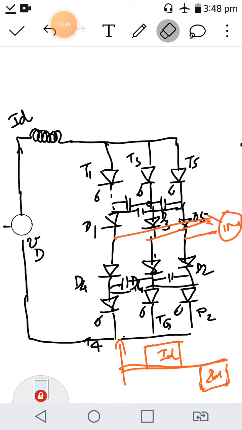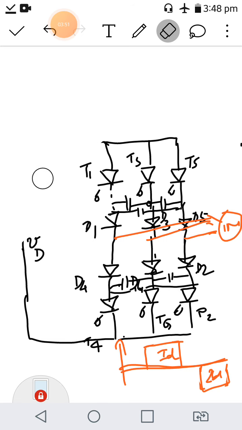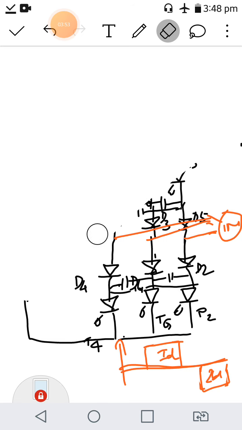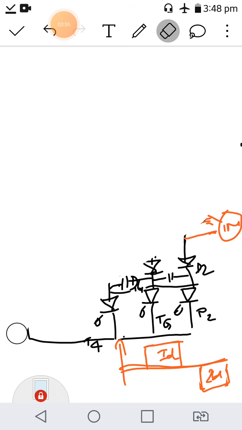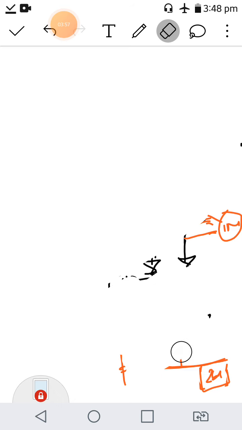Now, like we have studied in VSI, what to do if the input available is AC, or what to do if the input available is DC. So there are different circuits depending on the input supply. There are different varieties of CSI fed induction motor drives. Normally for a CSI fed induction machine drive, torque is varied by the DC link current ID. This ID is in turn varied by varying the DC link voltage VD.